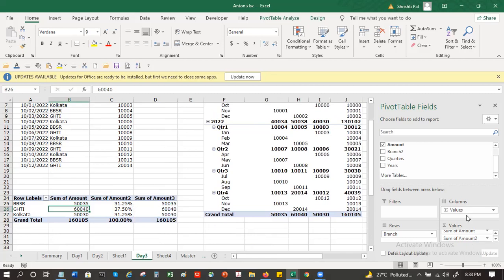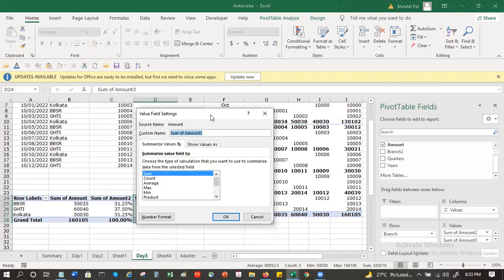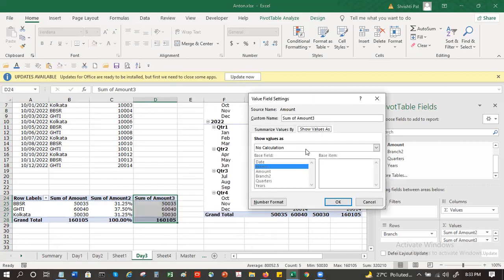I drag the third one. I can go from here also. Field settings. Go to show value as. By default, it's no calculation. Instead, I can scroll down and I can do a difference. Difference to the previous value or to the next value. Or maybe you have a gold standard.